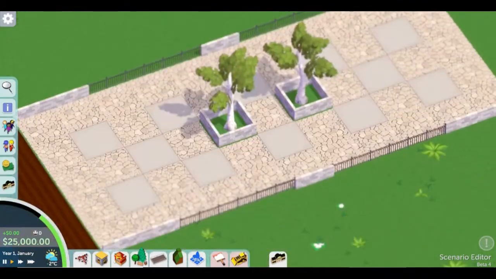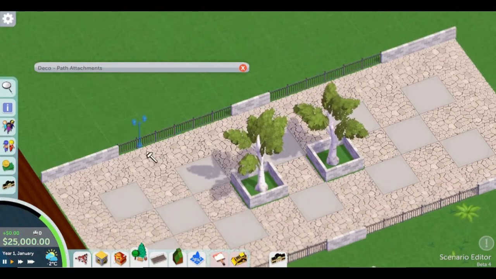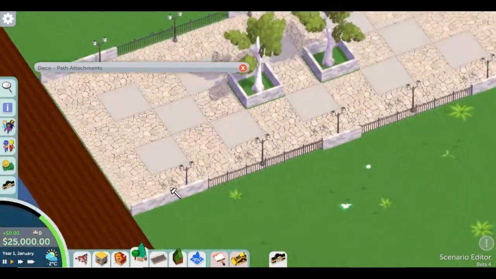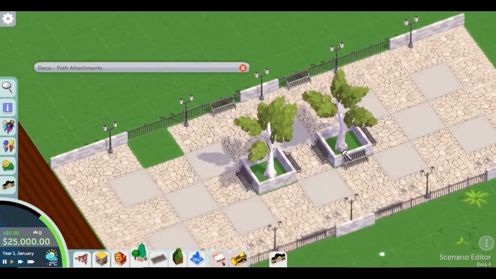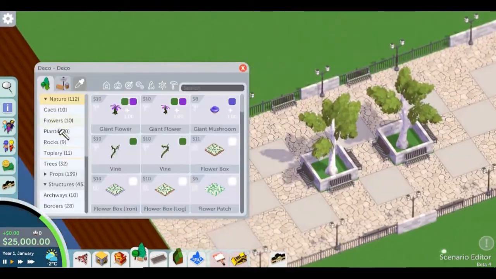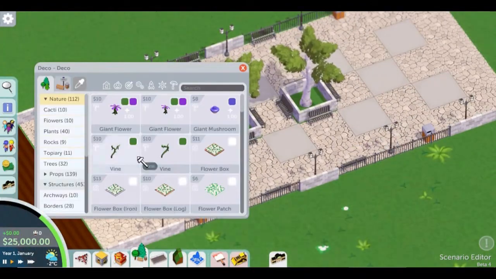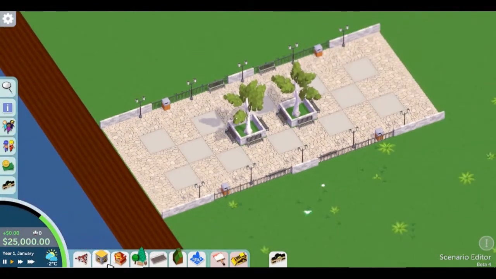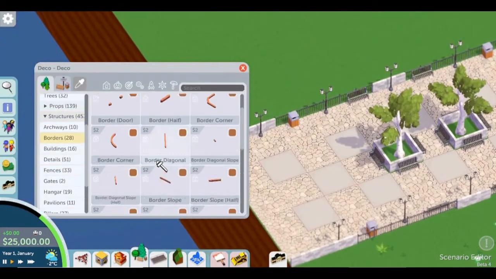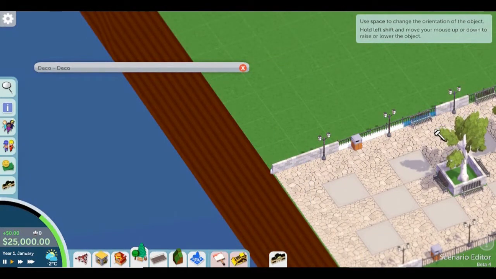I had played around with the sandbox mode a little bit just to get an idea of the game mechanics, because otherwise it would have been like a 30-minute video of me just not knowing what to do and struggling to get through things that should be really simple. So I have pretty much got most of this park entrance section, or at least the path, built, and I'm